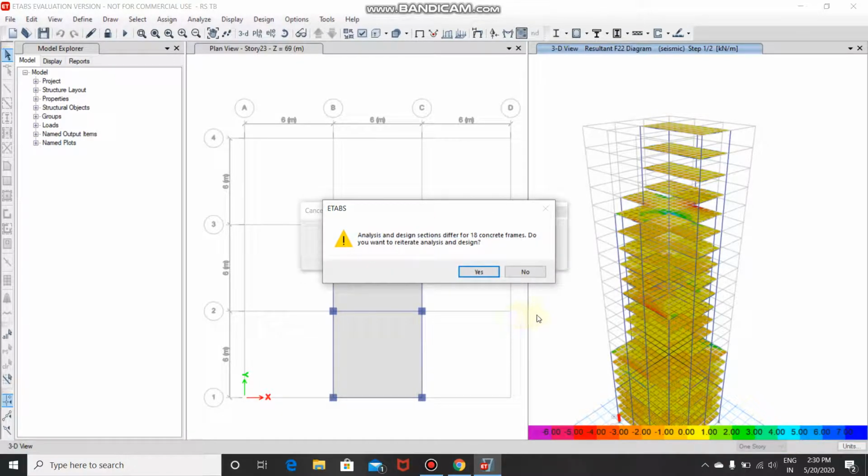Once the software has done the design, we can see that it's saying the 18 concrete frames have failed the design check. Do you want to reiterate analysis and design? If we click on yes,